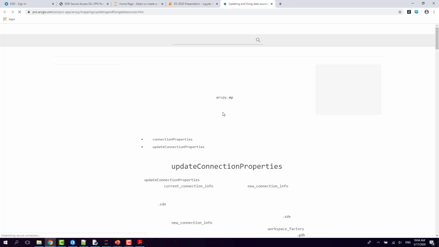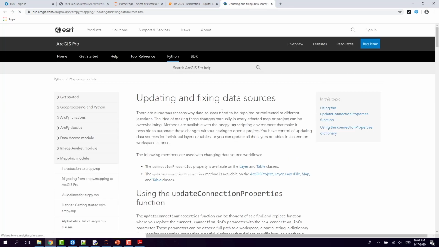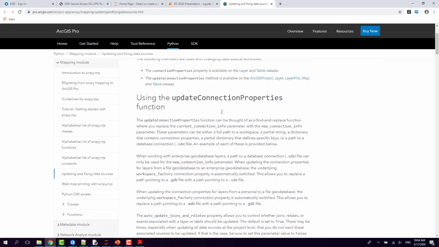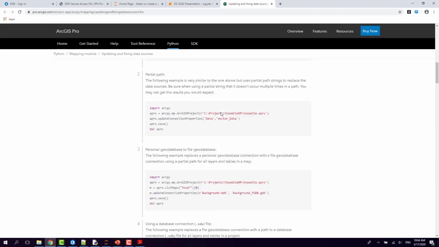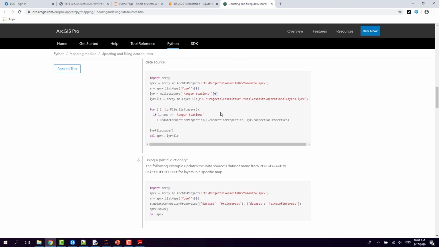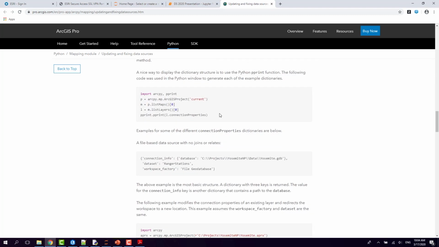And it's just opening up here. And this help topic has a lot of samples, as you can see. And we're not going to go through these right now, but I just want to show you that there's a lot of examples in here and a lot of code. Now let's go back to my notebook